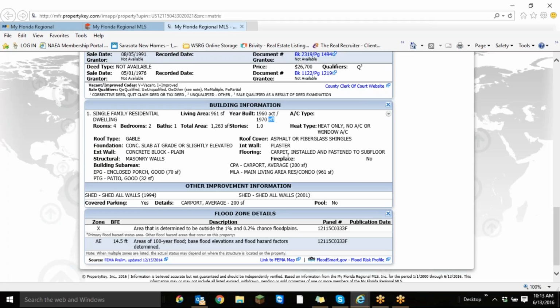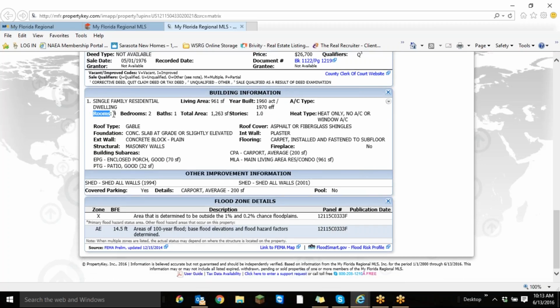Now this number right here says it's effective age. So they're saying that the house is actually only showing its age of 1970, and that's according to the county. Then we have 4 rooms, 2 bedrooms, 1 bath, and then we have a total square foot of